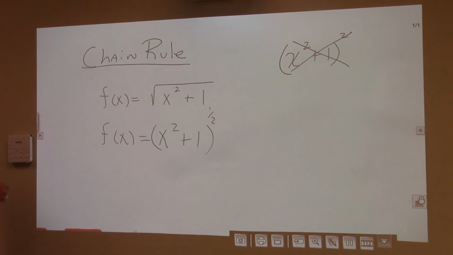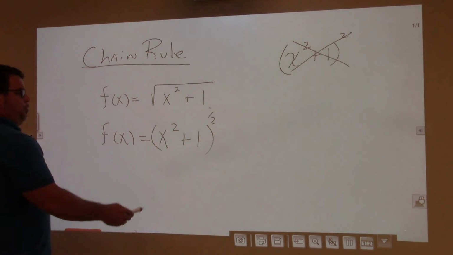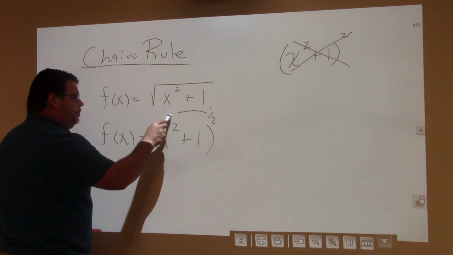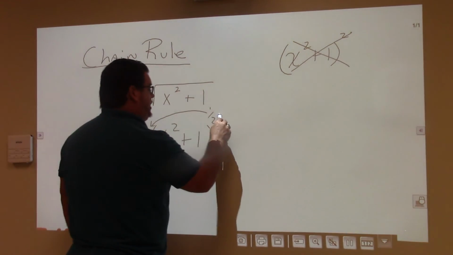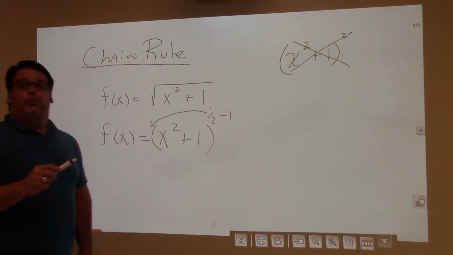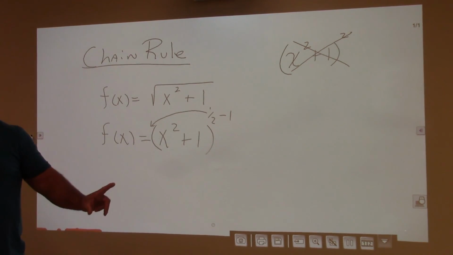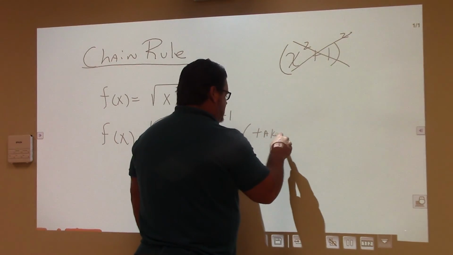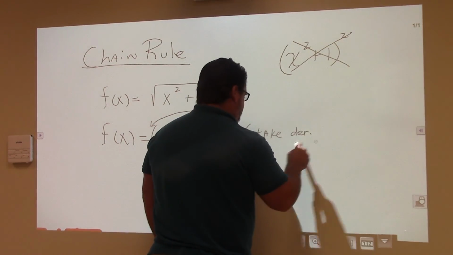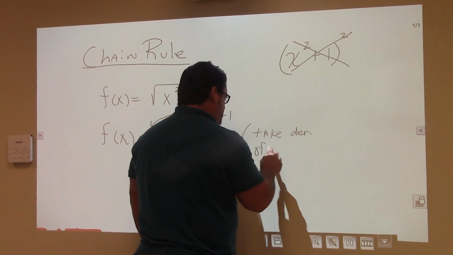Now, the way that you do these is just like the power rule with one step extra. The chain rule says you bring this out front, you minus 1, just like the power rule, and then you add the last step. And the last step is take the derivative of what's